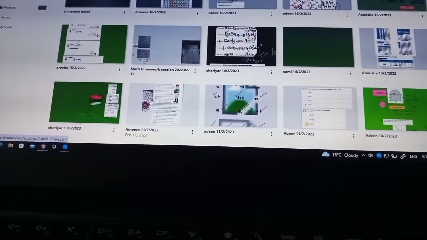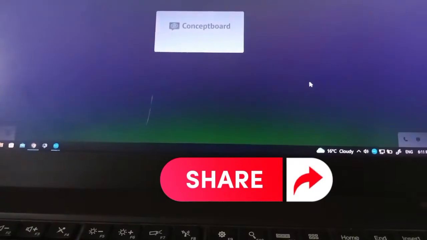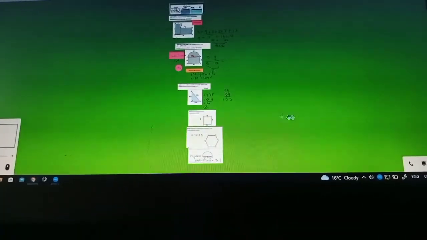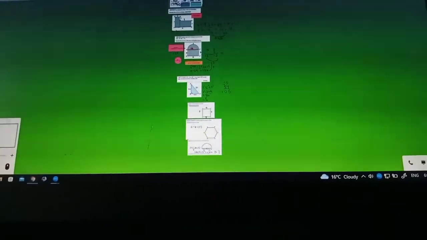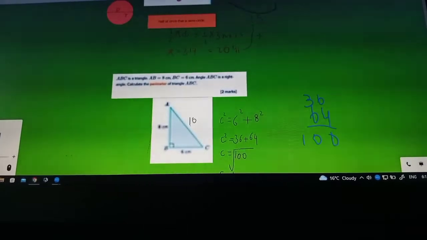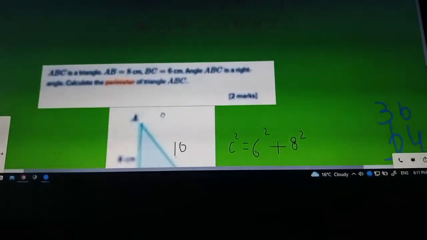And similarly, there are so many boards. Just as a reference, I will open a few of them. So this board is loading here. So this is the board, and this is again a student from the UK, and I follow the UK curriculum, and